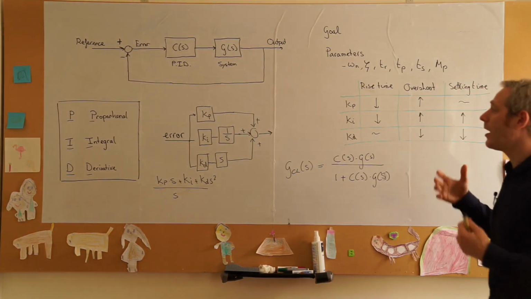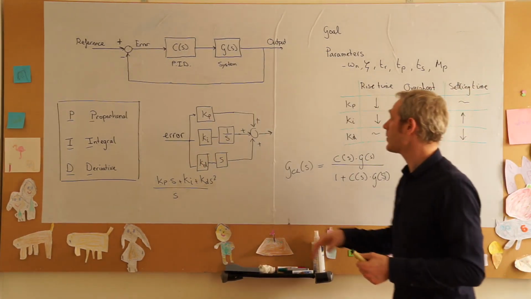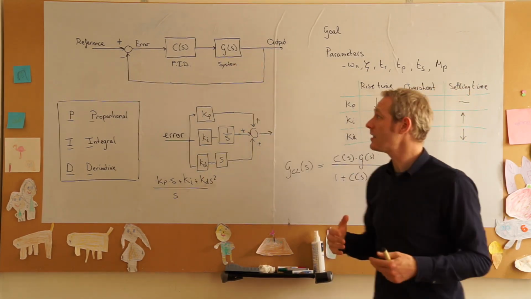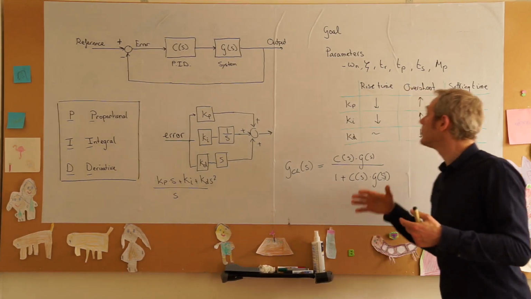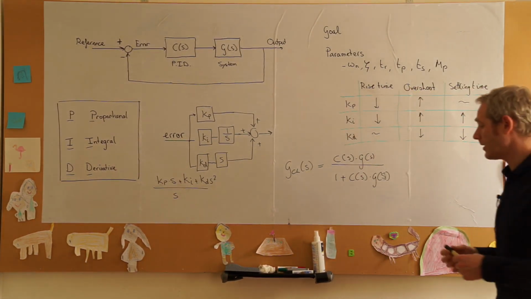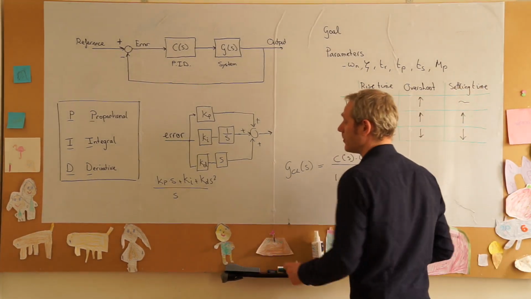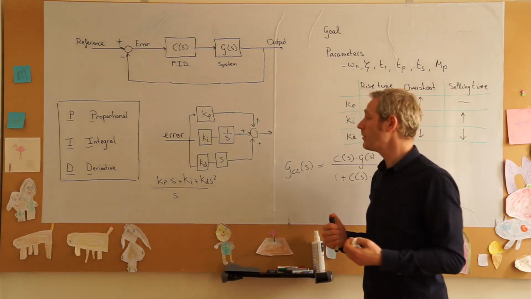So now we have our PID controller. We know what C(s) is, so this is this transfer function. G(s) is our system. We know what the proportional, integral and derivative parts do to our behavioral properties. I think now it's time to look at an example where we will use a PID controller,